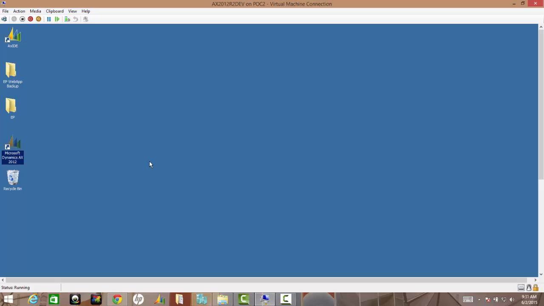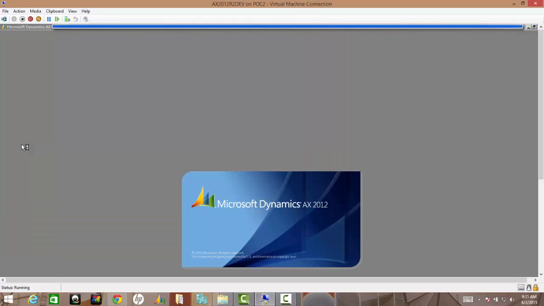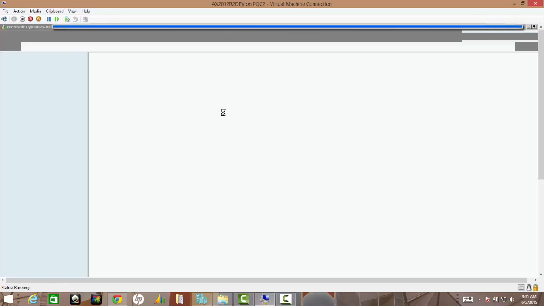All right. But for us to get to the Enterprise Portal, we need to first start up the client. After the client is started up, then we are sure that we can have access to the Enterprise Portal so that we can see the customization that we did. All right, we can start the client by just double clicking on this, and then the client is started up,